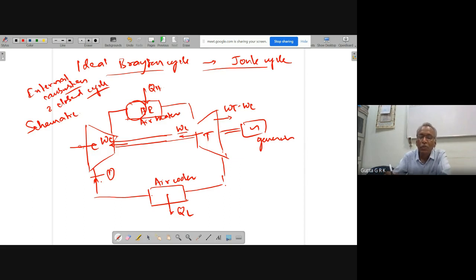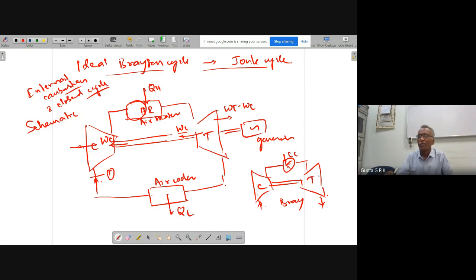But if you draw a Brayton cycle, actually how it should be is, this is the combustion chamber, and this is left out like this, like an open cycle. Okay, so this will be Brayton. This is compressor, combustion chamber, turbine. But okay, in the books, they will draw this only, and we call it the Brayton cycle. The ideal one, which is the Joule cycle, is talked about as the Brayton cycle. Or sometimes they draw this only, but they do the analysis like a closed cycle.